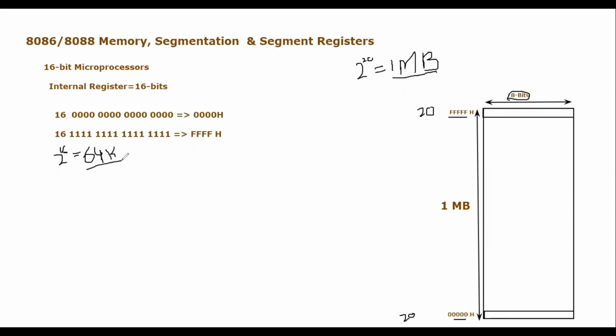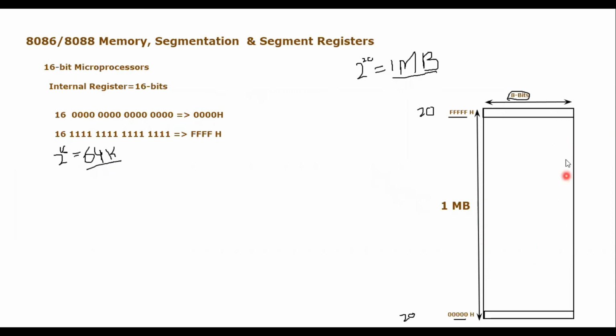So the memory which we want to attach, or which is actually attached, is around 1 megabyte, right? And the capacity which can be handled by the microprocessor is 64 kilo. So this is a big issue, and we need to make them compatible. And how do they become compatible? By providing a segmentation procedure, right? We need to do what? Segmentation. And how will you do segmentation?